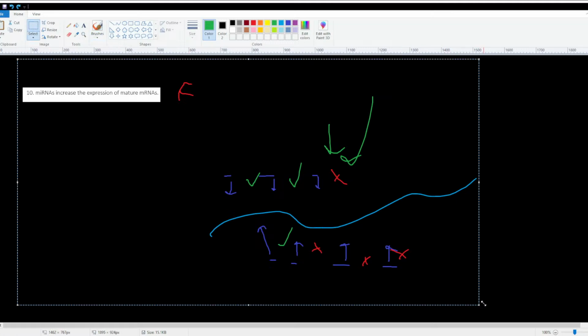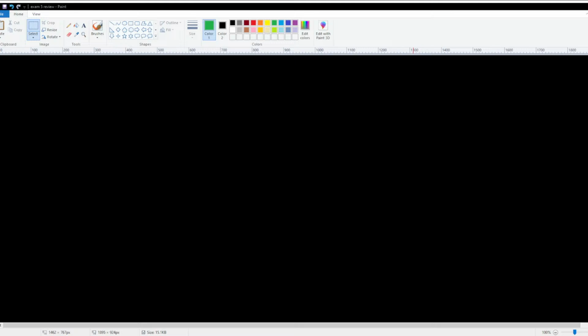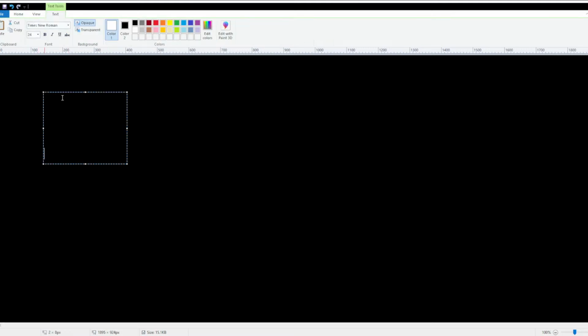So moving on. Like I said, microRNAs are a pretty recent discovery. It's because they're so tiny, right? It's kind of hard to